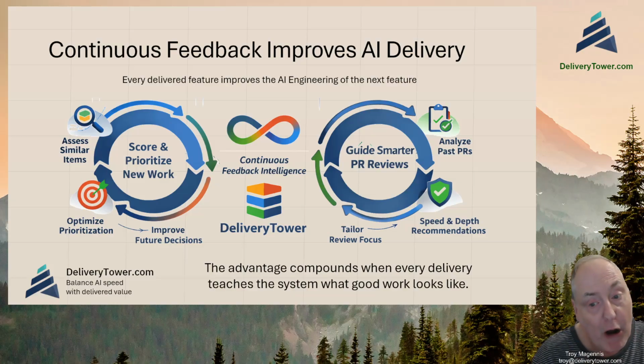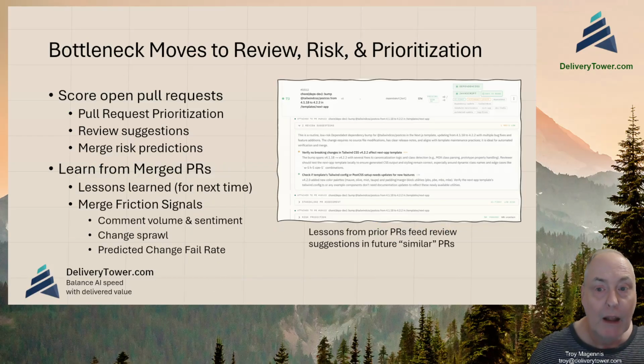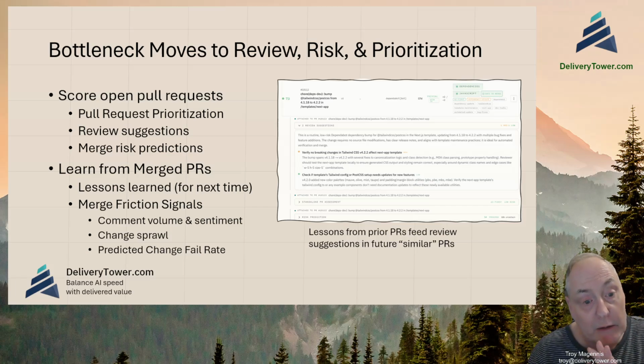And this is what Delivery Tower is trying to do. It's trying to make a continuous learning platform based on delivery of work so that up front you understand what work you should start, what work you can start, and how to make sure you get an ever increasingly growing percentage of work that AI delivers with very low friction in the merge and the delivery. So I think the bottleneck moves from the developer coding and the creation side of it into reviewing the risks and prioritization. So one thing that I do in Delivery Tower is I help you score open pull requests